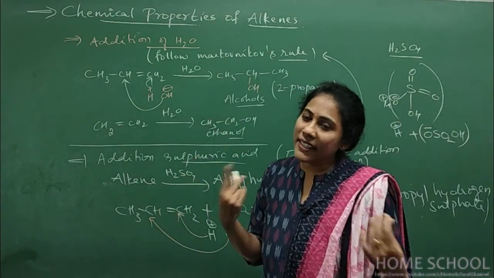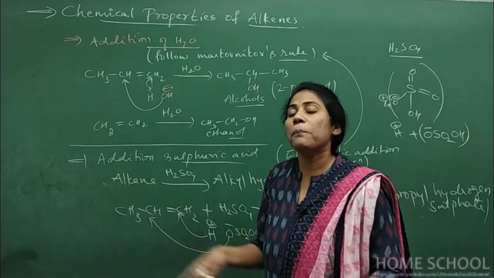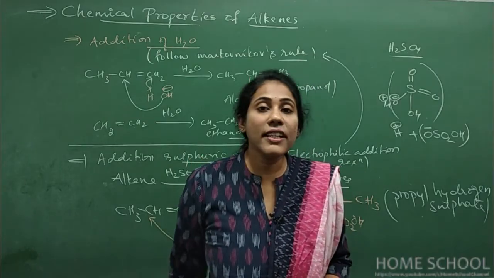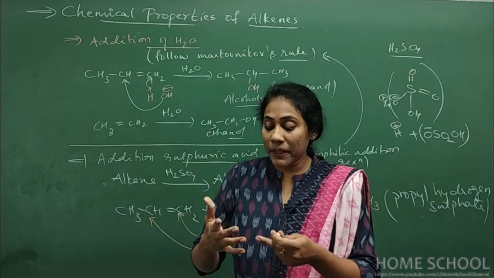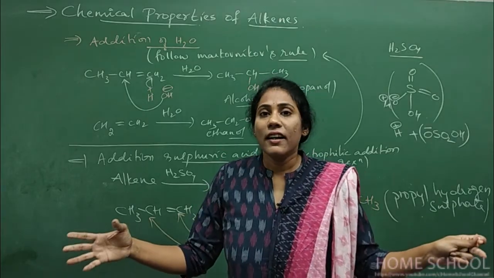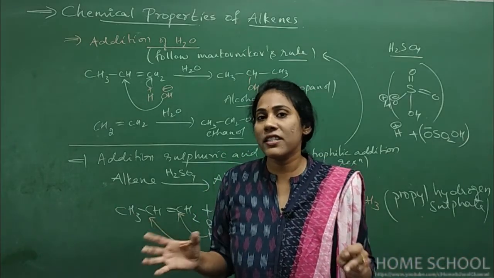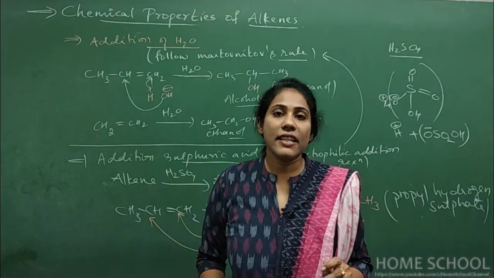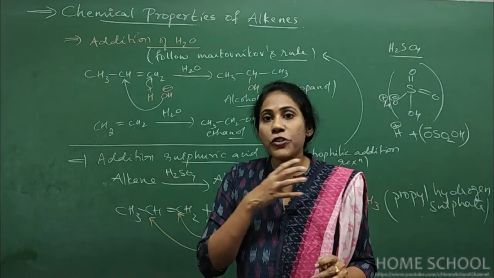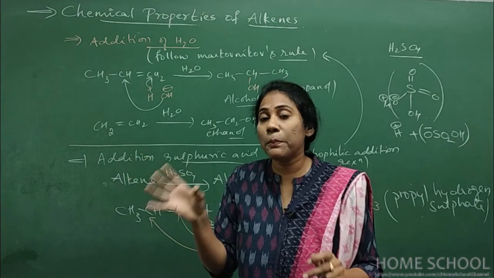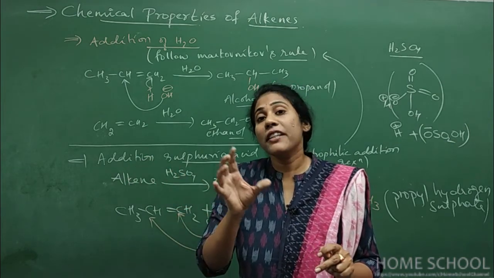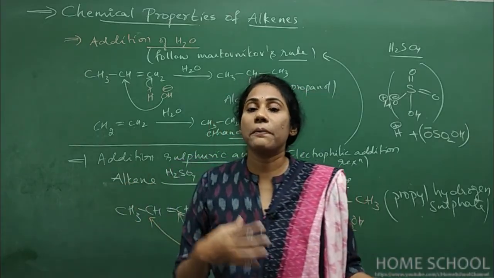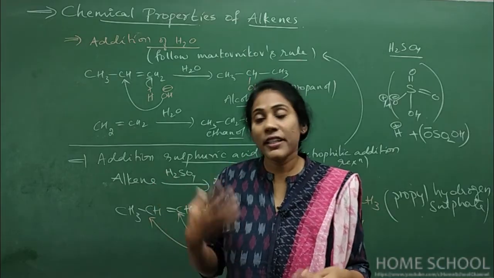So hope video is getting very lengthy. So I'll stop the video here, and in my next video, I will teach everything about oxidation reactions that you can do for alkenes. That means very important ozonolysis. I'll give a super trick to understand ozonolysis. Ozonolysis is a very important concept that you need to understand here. And not only that, I'll also tell you a short trick how to write product for the reaction of hot and concentrated KMnO4 with alkene. Along with that, I'll also complete polymerization in my next video.